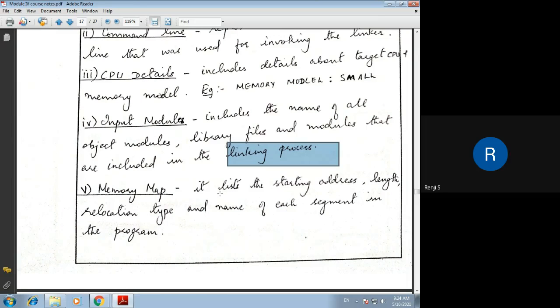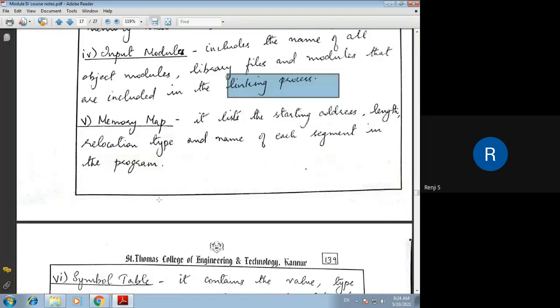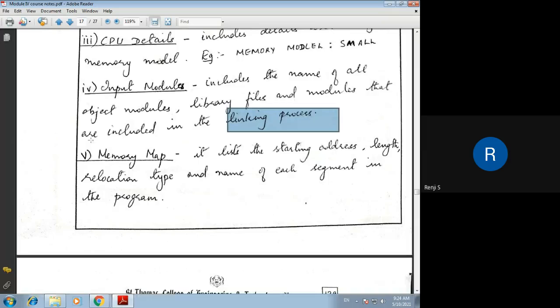So it includes the name of all object modules, all library files that have to be linked, and the modules to which each module has to be linked. Certain modules will be linked to other modules. So what are the modules that are to be linked with each other? That will be included in this section. Then there is the memory map section, and it will list the starting address,